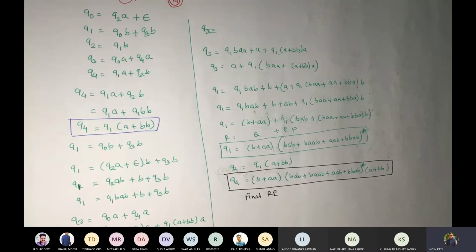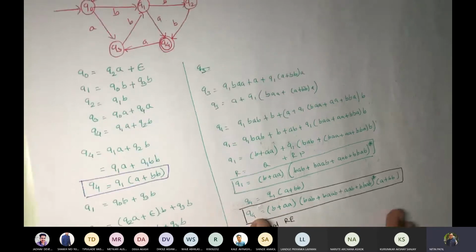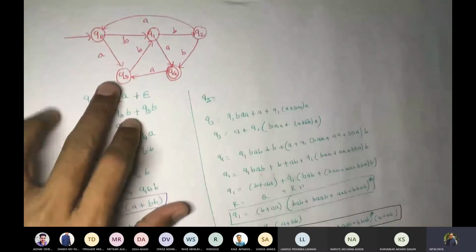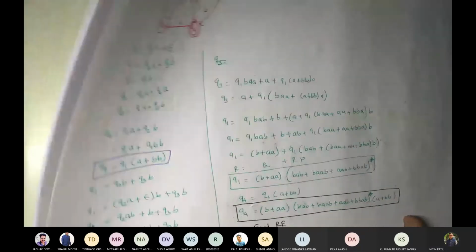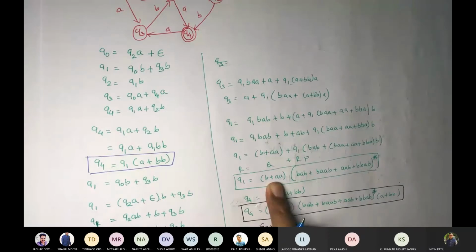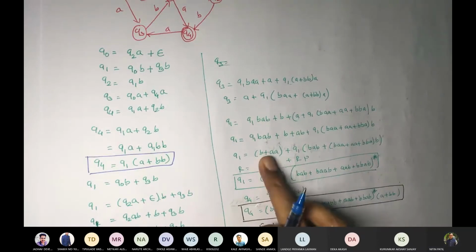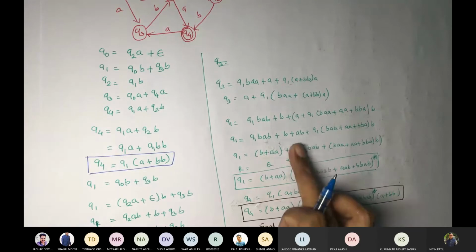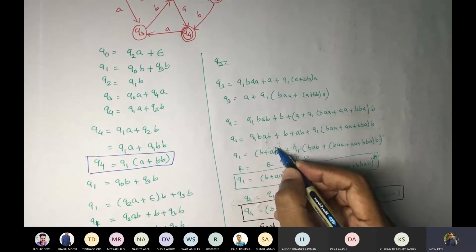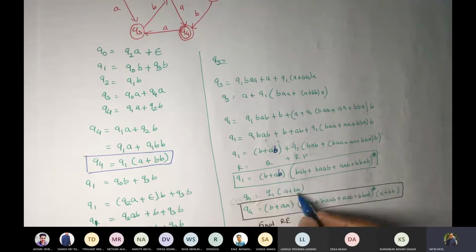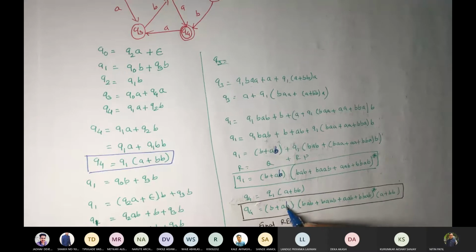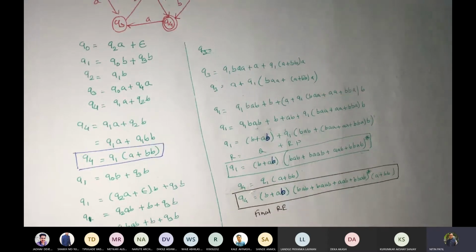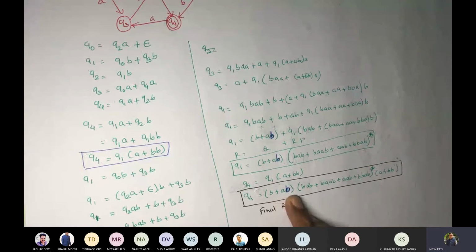Now we have to prove whether this is accepting the elements. Okay. Now, sir, that will be maybe B plus AB in place of Q here. Yes, sir. B plus, in the above step. Yes, sorry, correction. Thank you, Akash. Yeah, B plus AB. Correct. So we got B plus AB.